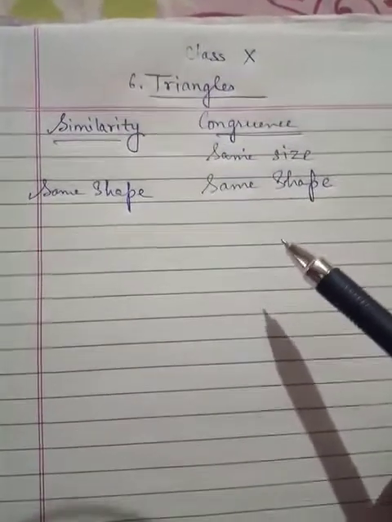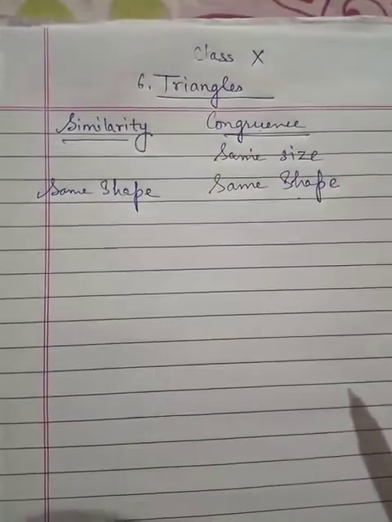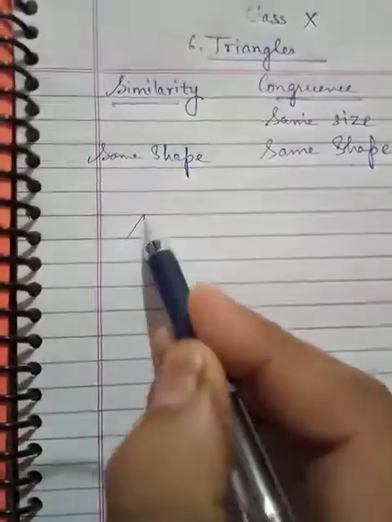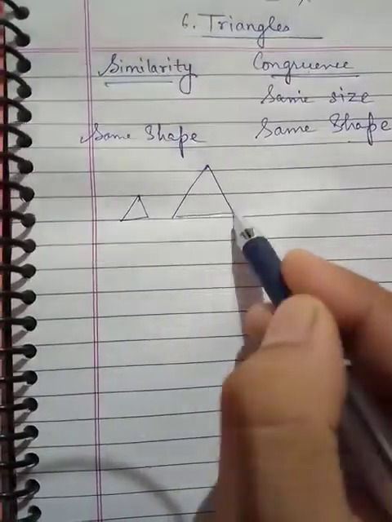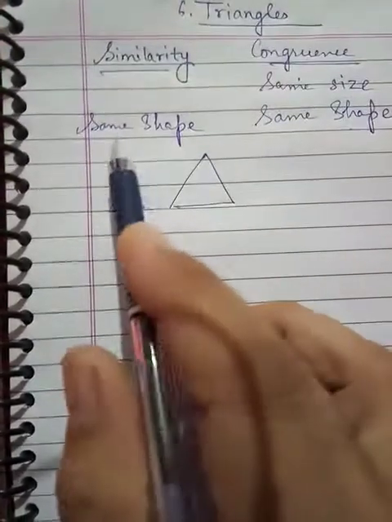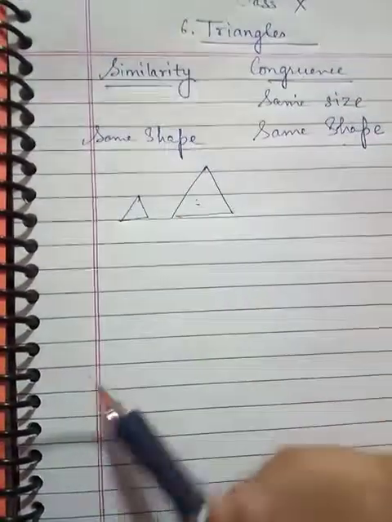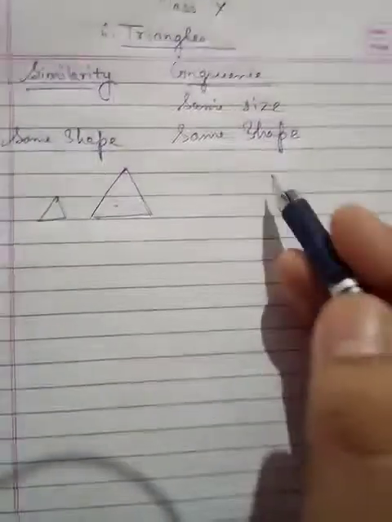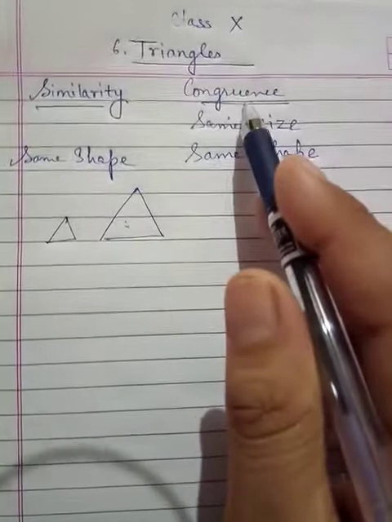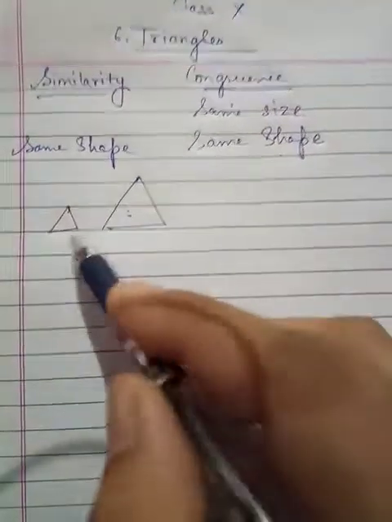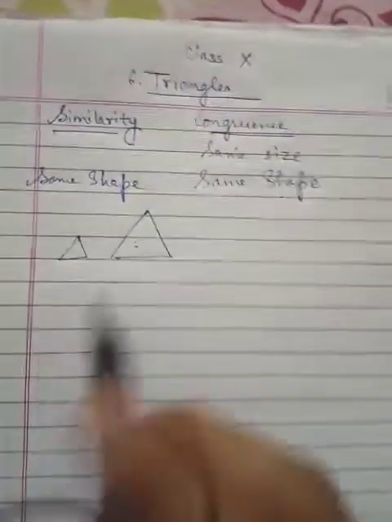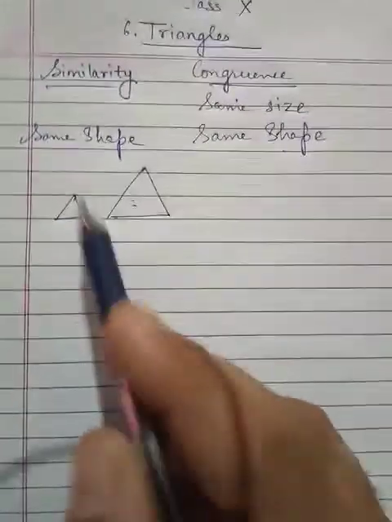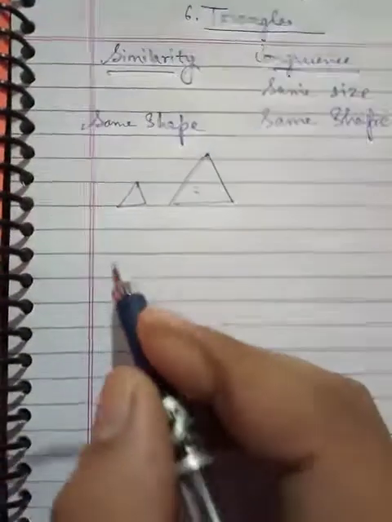said to be congruent. For example, if we take an equilateral triangle and another equilateral triangle, both are having same shape, so these two are similar. Whereas if we are talking about congruence, then they are supposed to superimpose each other, their size should also be same. This is the simple example of triangles we have taken. We'll talk about similar figures.